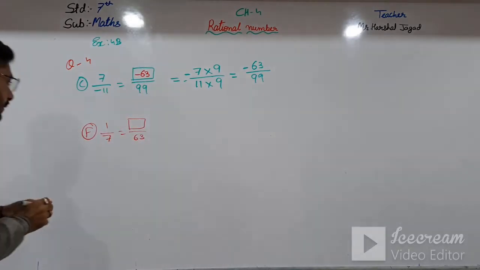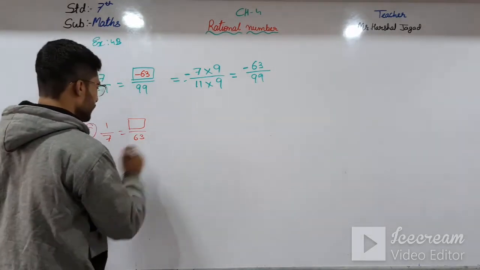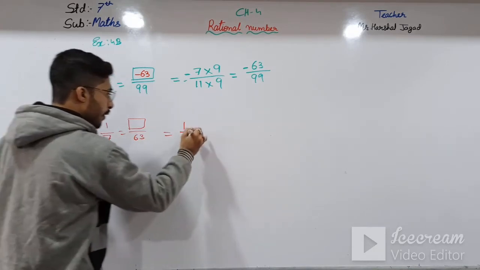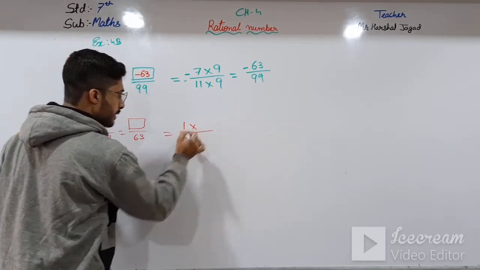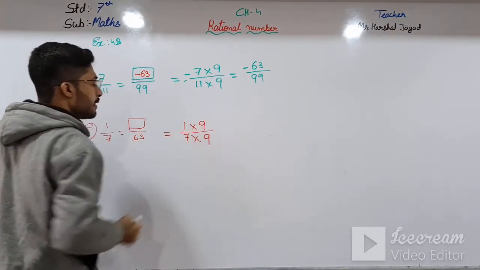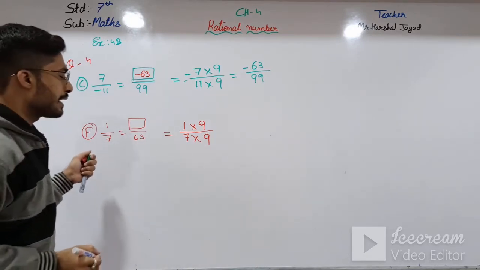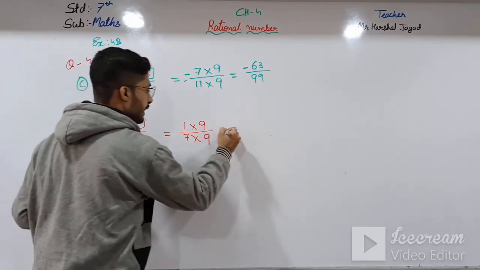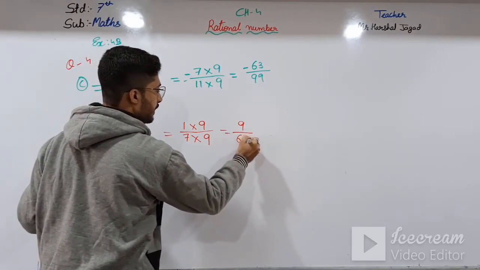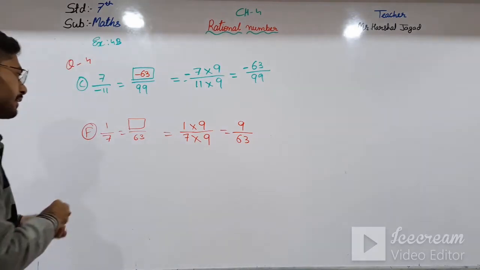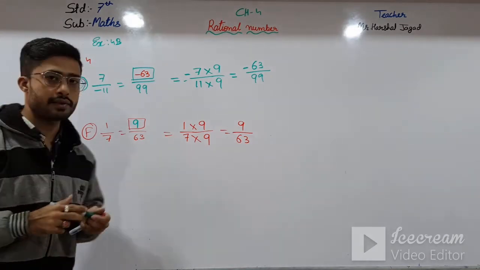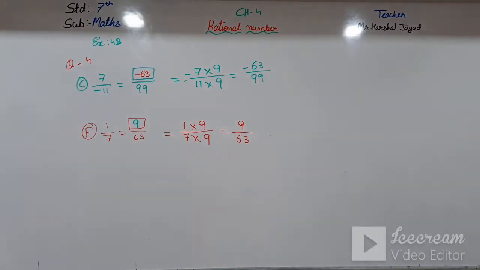Moving forward, in this one it is 1 by 7. So what is to be multiplied with 7 so that I will get 63? Then we have to multiply 9 with 7, then we will get 63 as our answer. So 9 ones are 9 and 7 nines are 63. So here our answer is 9. Please note down these two, students, and we will move further to question number 5, and do some from that.